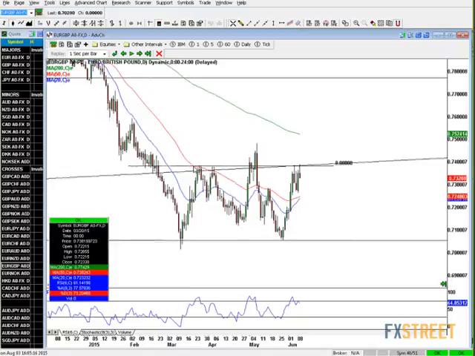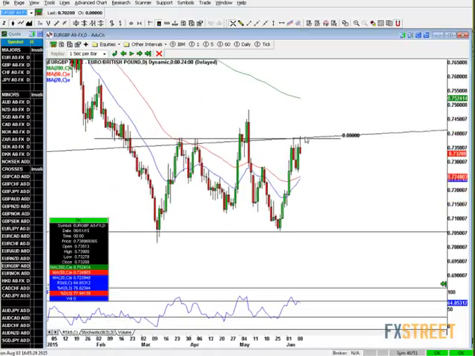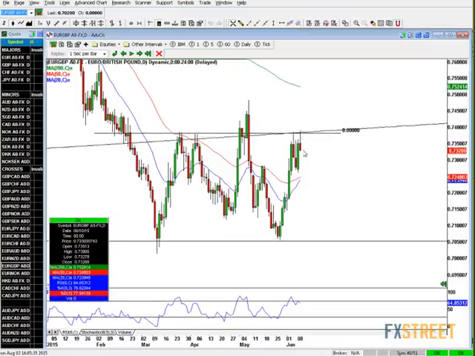Okay, so we've got the level here, which 3 times out of 4 prevented price from going upwards of any conviction. And now, on the 9th of June, we had our signal to go short. Our signal to go short at the most efficient price point was the bearish pin bar reversal. And all we did for this one was simply place an order to go short with our entry just